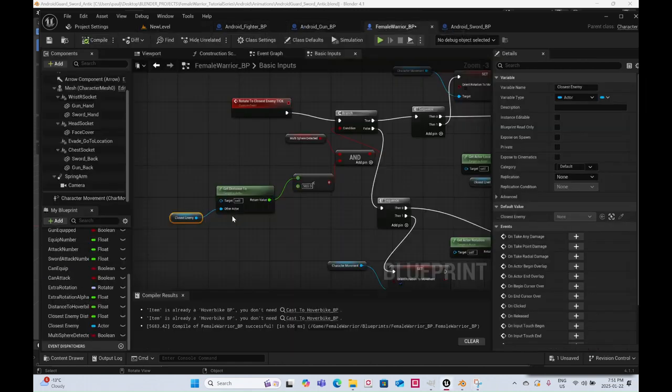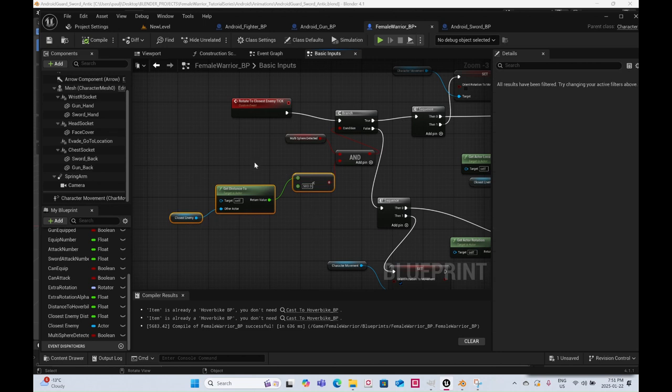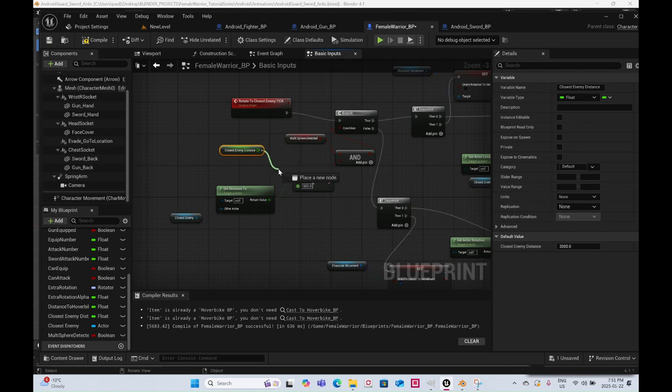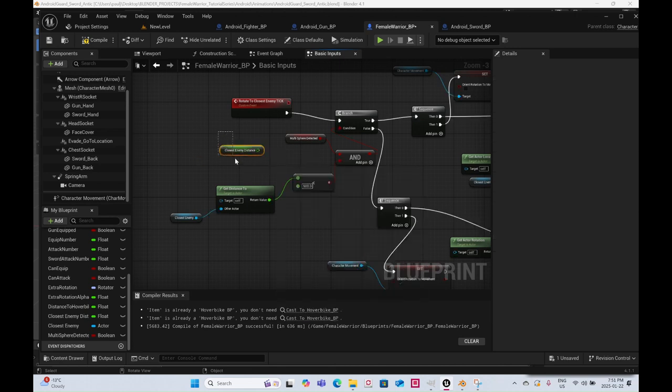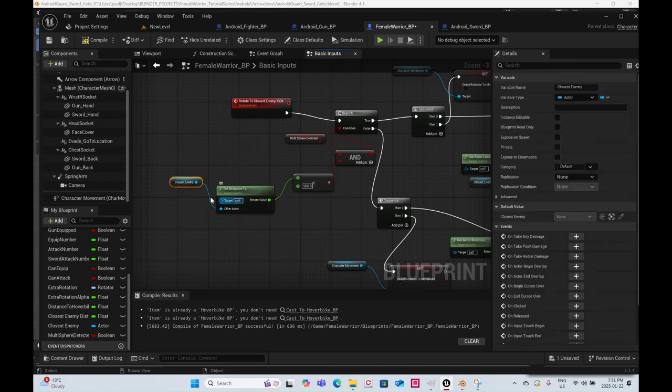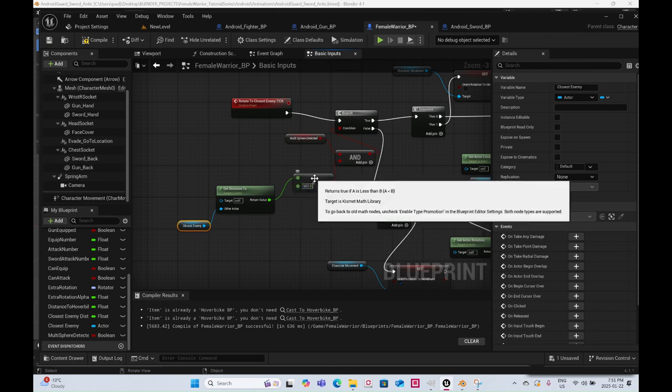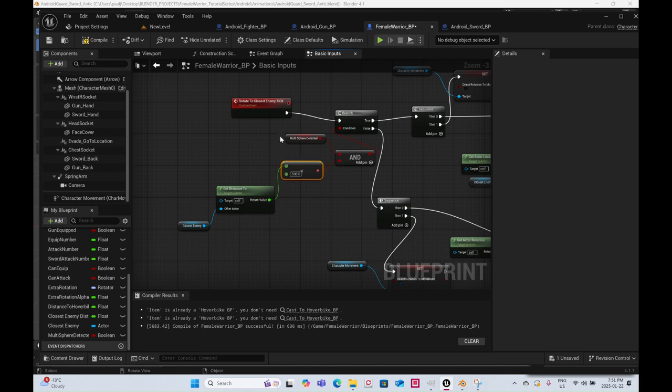Basically, what I did was I changed this second one. Before I had closest enemy distance, if this was smaller than 500. But instead of using the closest enemy distance, I just recalculated it by doing distance to, from the player character to the closest enemy, if that distance is smaller than 500. And so that has to be true, as well as the sphere detection. So the sphere has to be detecting an enemy. So now,